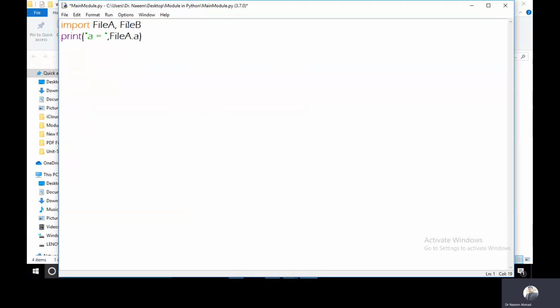So if you want to call these two modules in your main module, you can just list out b. So import, as I told, a list of modules you can keep here, and you will be able to use these modules. So now I will create two numbers.